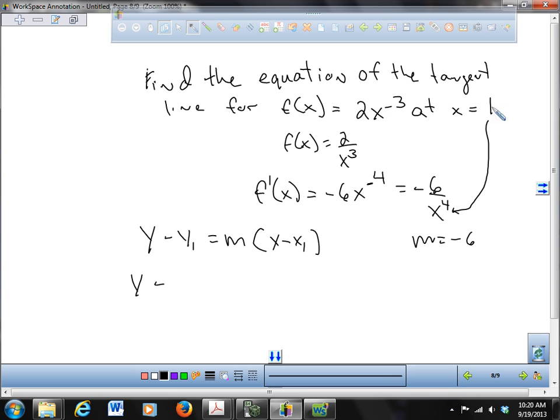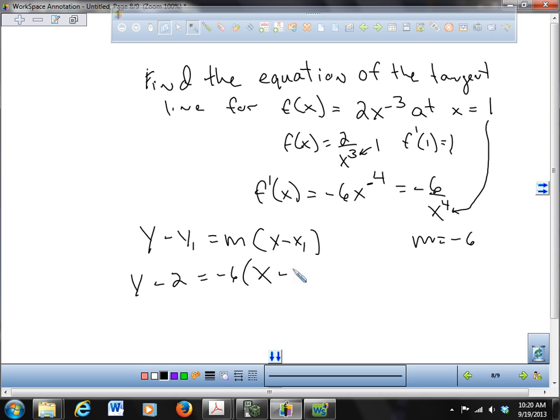They plug x into the derivative equation, not into the original equation, because you're going to find a point where the slope is -6, or the slope and the y value. So if I plug in 1 in here, what do I get out? If I plug in 1, f of 1 is 2. So I get y minus 2 equals -6 times x